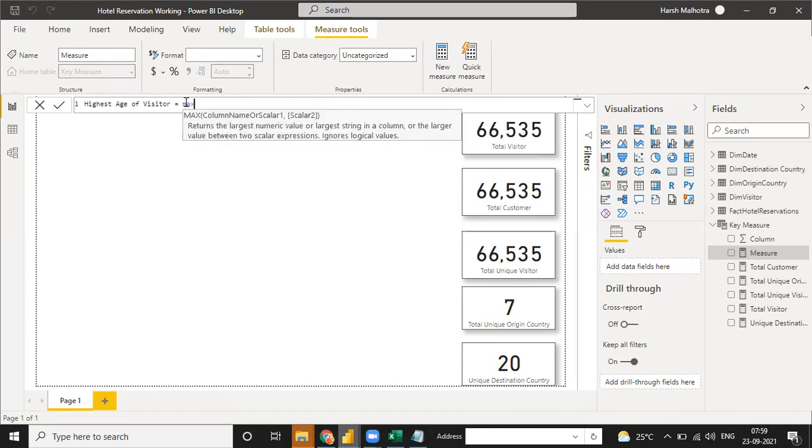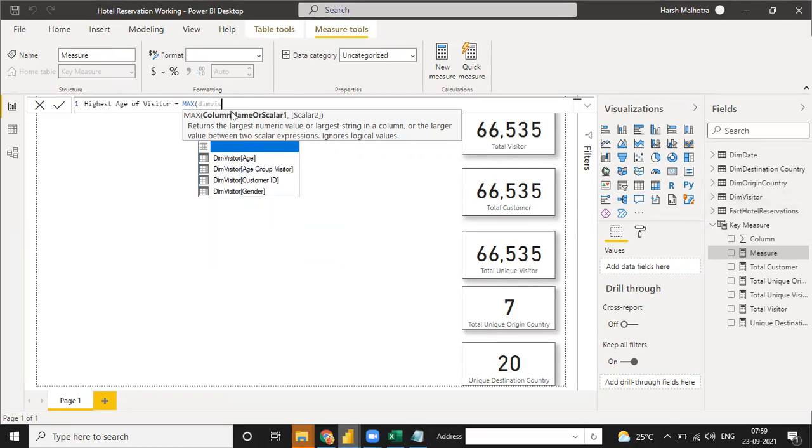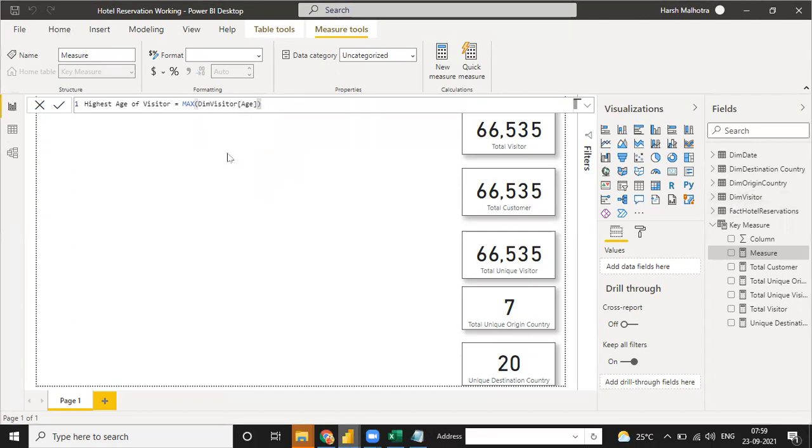So you can use the max function, and see, the max function uses a column name. So right now also you need a column name, then the column name is dim visitor age. Just click on this, and your highest age will be written.